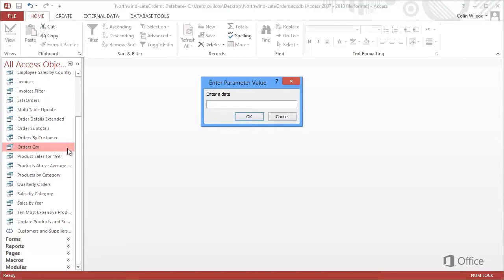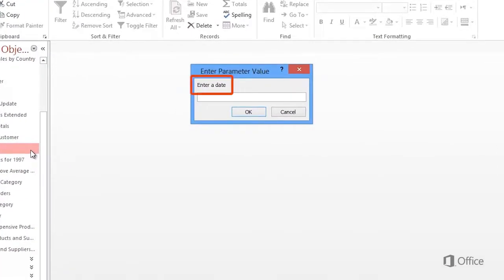The first step is to look at this text whenever the dialog appears. If the text makes sense, chances are you're dealing with a parameter. But if the text doesn't make sense, you most likely have a problem with an expression. Either way, open the query in Design View